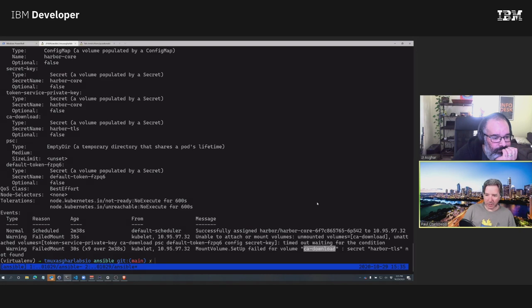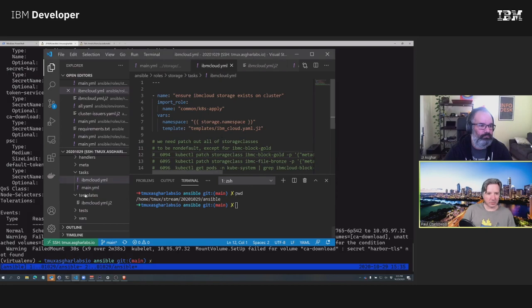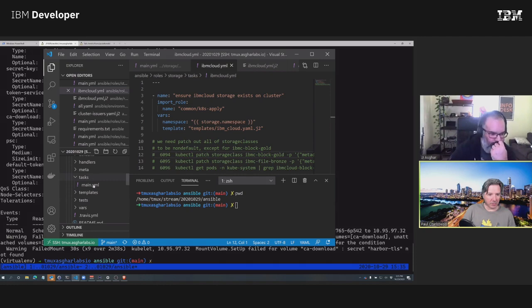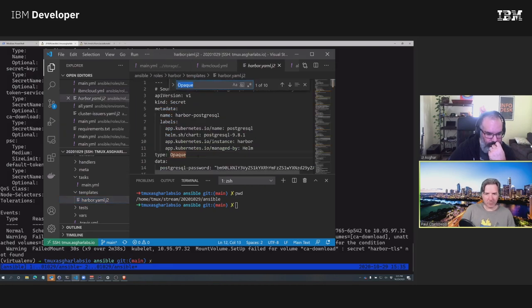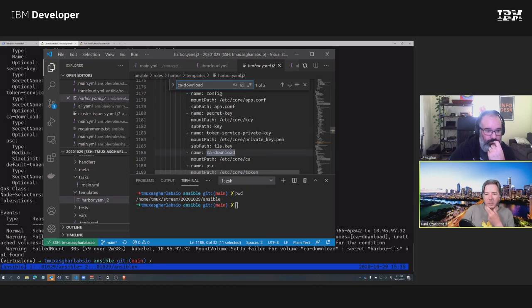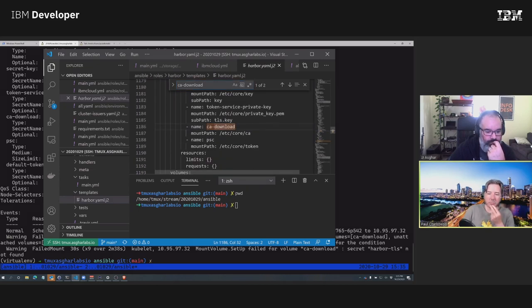CA download. Let's find CA. Harbor templates. Yeah, so it's expecting us to have a certificate here.